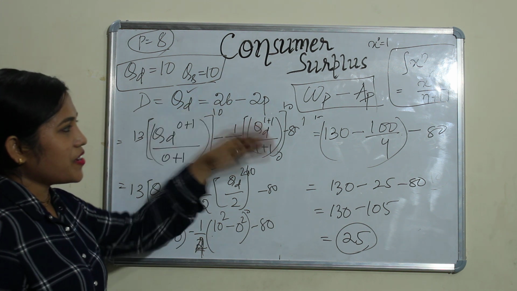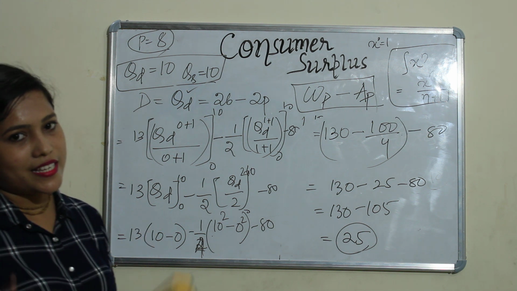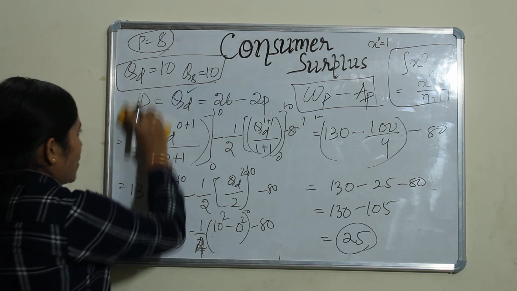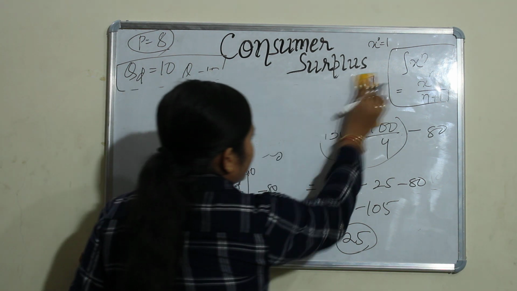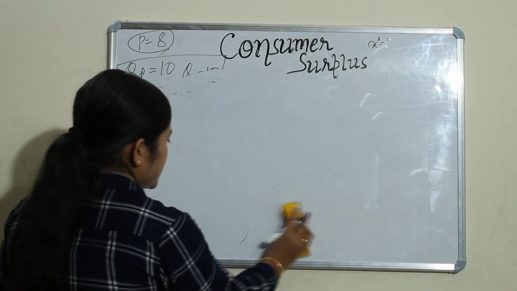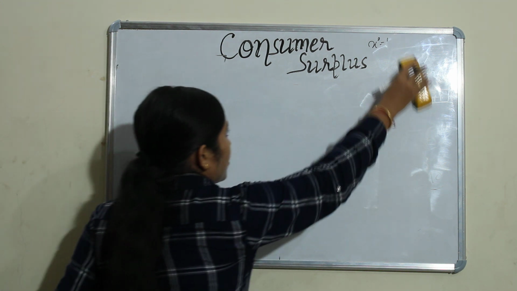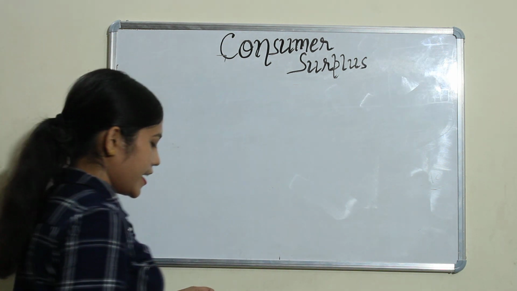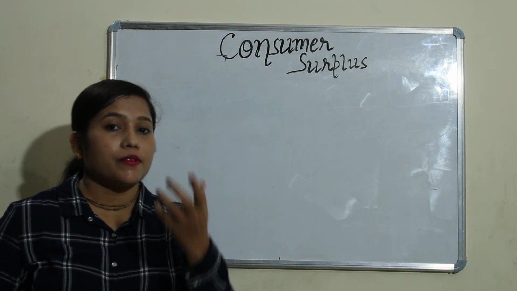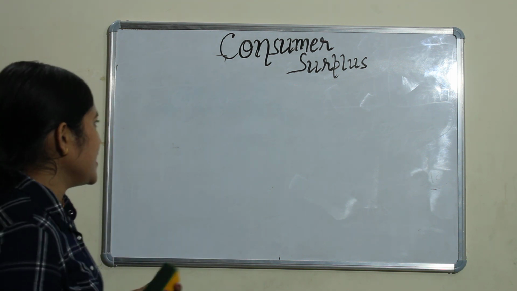Okay. So in this way you can find out consumer surplus. Practice it well, then you can easily solve this kind of problem. Okay. So moving to the next problem. This is the problem where you have one equation form question. Another question you can get in consumer surplus is where to stop, where you can get consumer equilibrium through consumer surplus. Okay. Let's take an example.